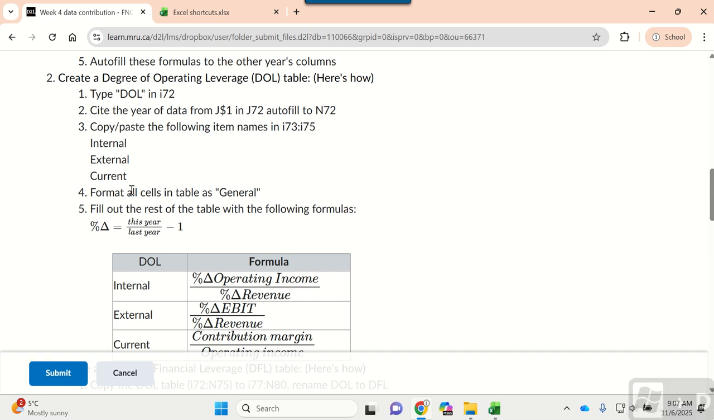Week 4, Step 2 of the individual data contribution assignment. We're going to create the degree of operating leverage table. We're going to go to I-72 and type in DOL, and we're going to cite to the right of that